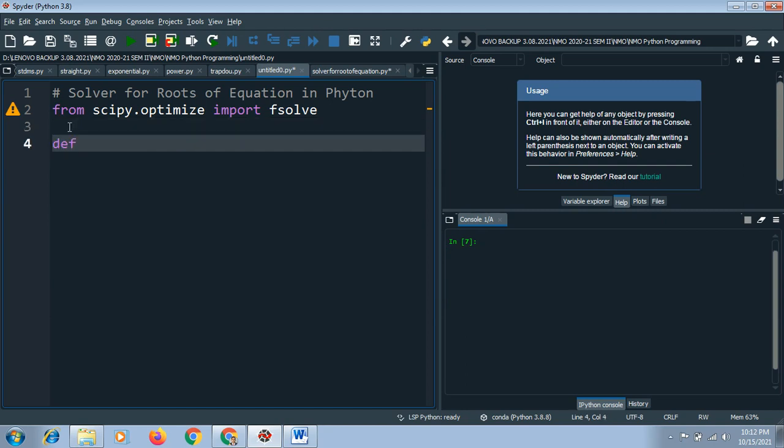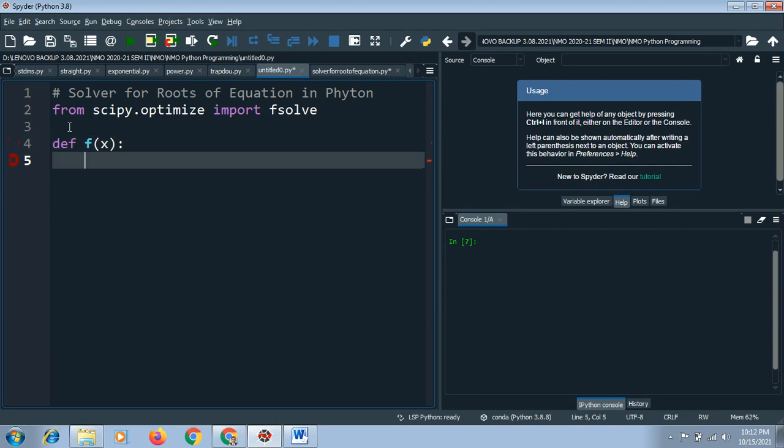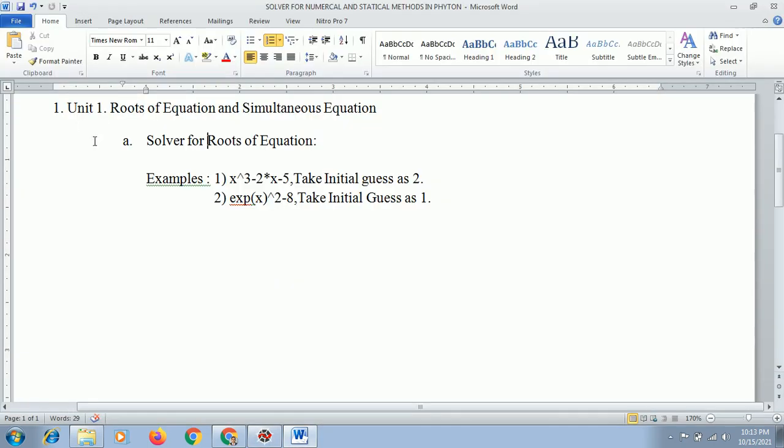First of all we need to define a function. In Python we generally use def f of x colon, then a return. We are going to solve two equations by using this same solver.